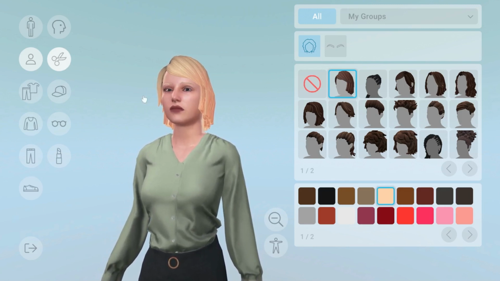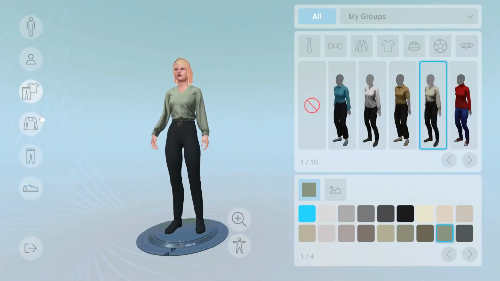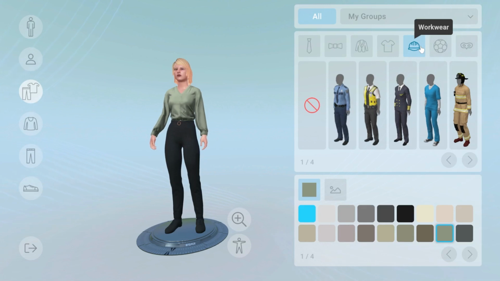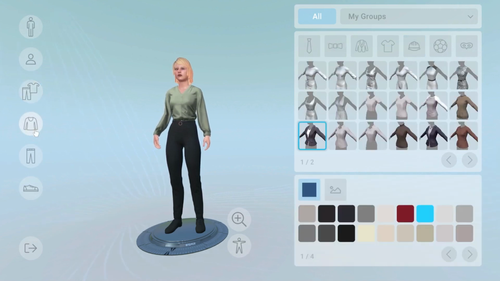Then we have the outfit category. Outfits contain complete outfits, which means you cannot change aspects of them, such as your shoes. You can use the filters to narrow down what you're looking for. For example, if we click on workwear, we will see various professional outfits. If you want control of each individual element of your outfit, you can use the tops, bottoms, and shoes categories